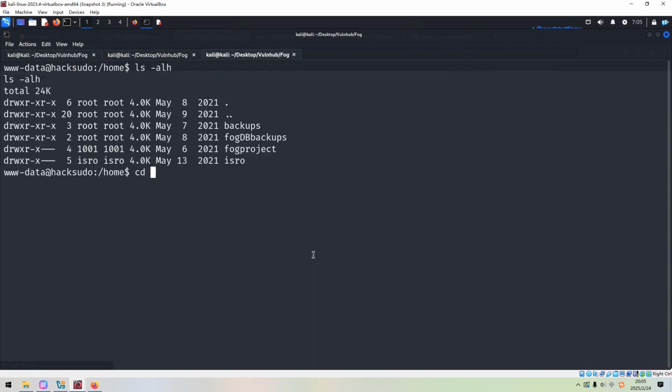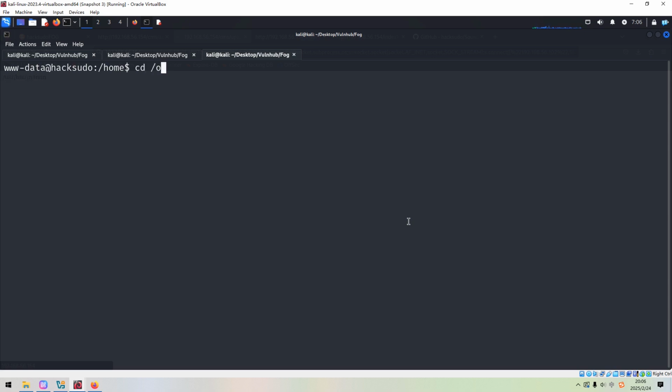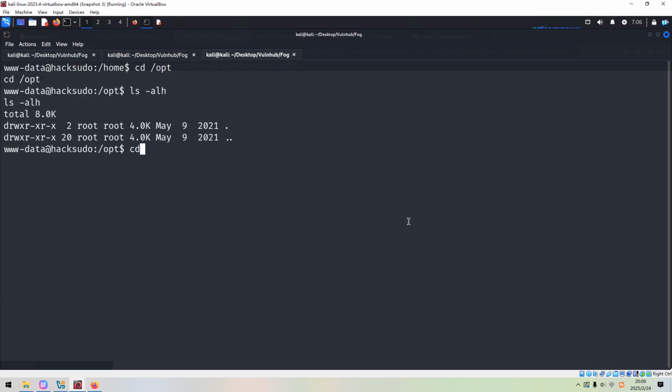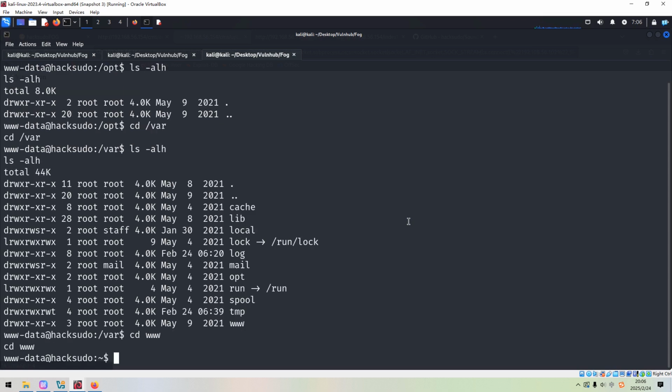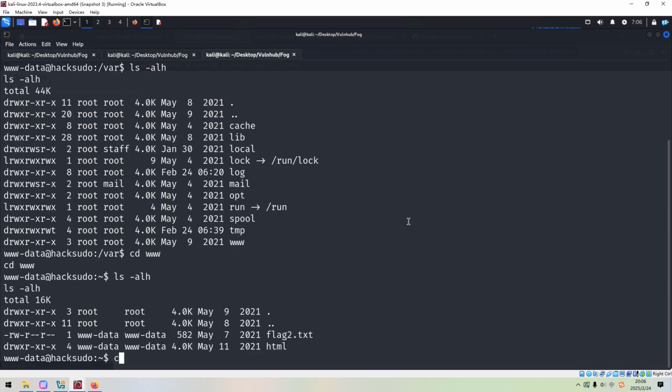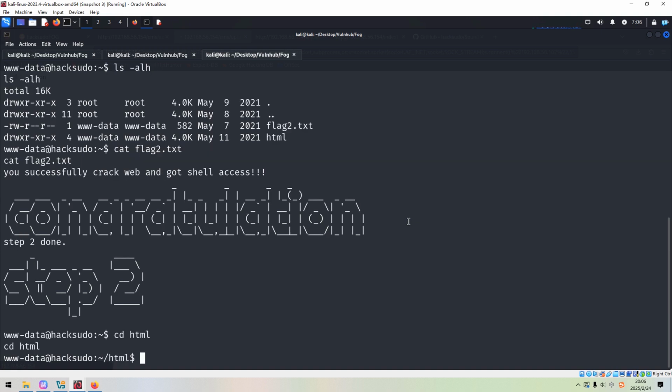Now we can try to cd fork project, but permission denied. Oh, so how to do next? opt, nothing here. var, go to www directory. Oh, we can get the second flag. Great. Now go to HTML directory,